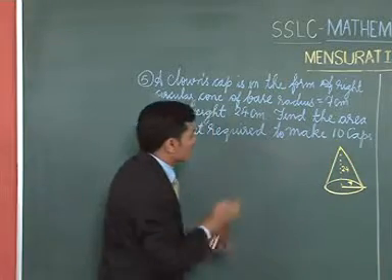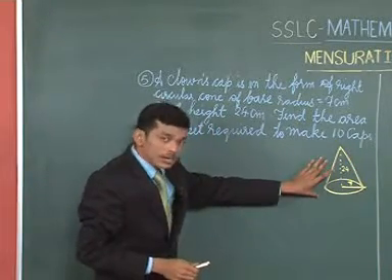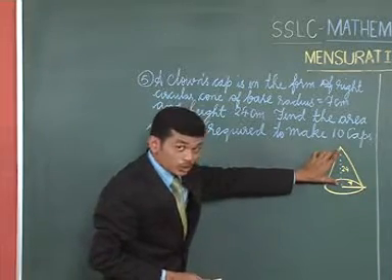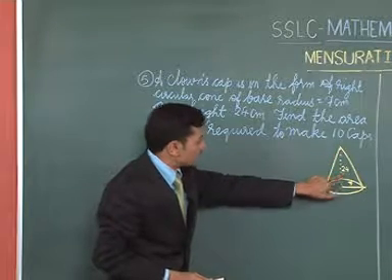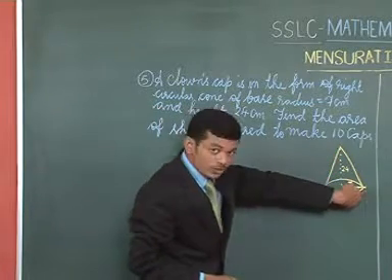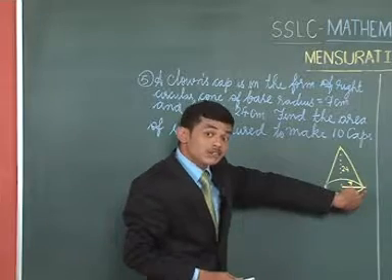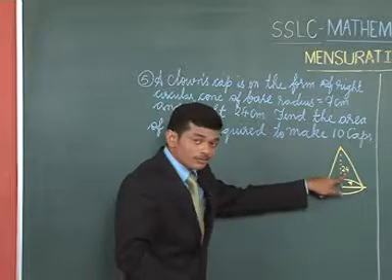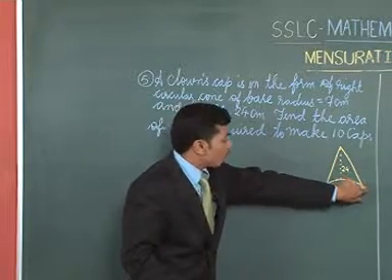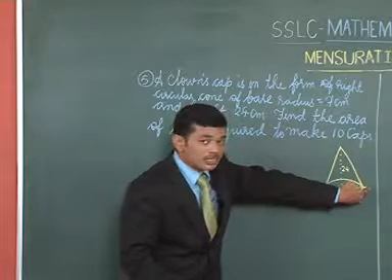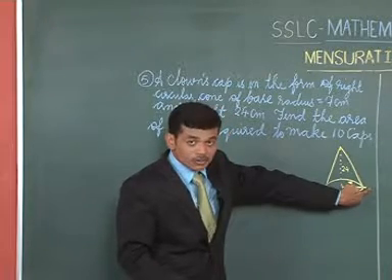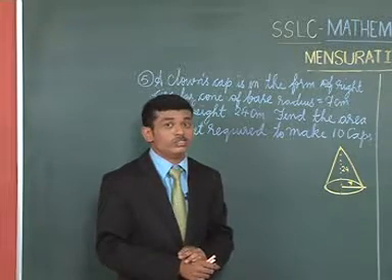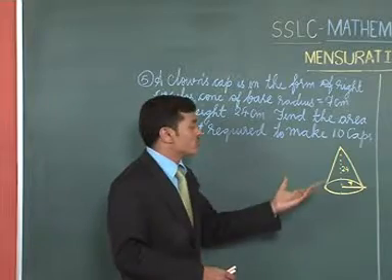So this is the given condition. They want to prepare a cap in the shape of a cone where the height of the cone is equal to 24 centimeter and the radius of the base of the cone is equal to 7 centimeter. So it is given that the height of the cone is 24 centimeter and the radius of the cap, which is in the shape of a cone, is 7 centimeter, and we are asked to find out the area of the sheet which is required to prepare 10 such caps.